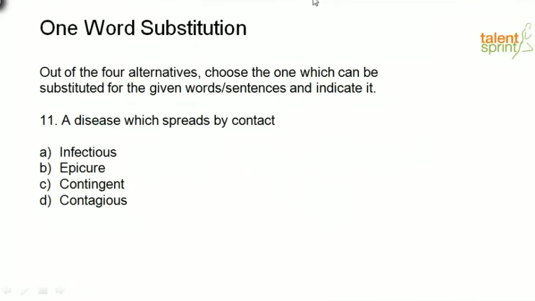Bhaskar Jitendra has given me option D. Contagious, a disease which spreads by contact. So our clue word from the phrase itself is contact. Right? So when I say contact, I'm talking about communicable, transmissible either by direct or indirect contact, communicable diseases. Right? Now, if you're familiar with certain root words like